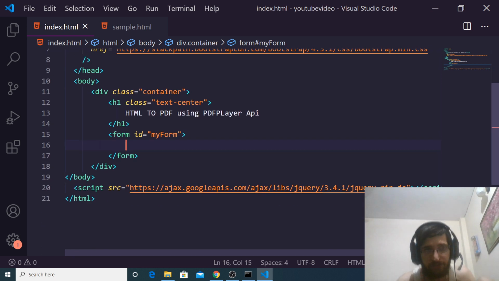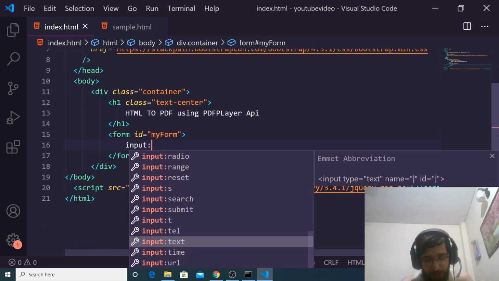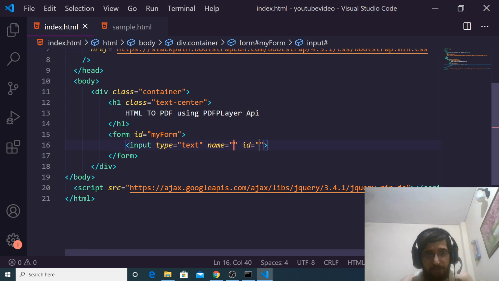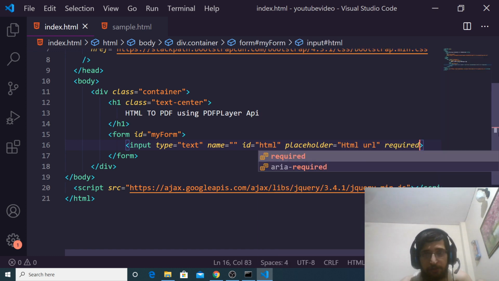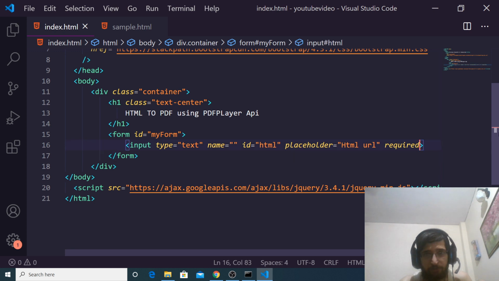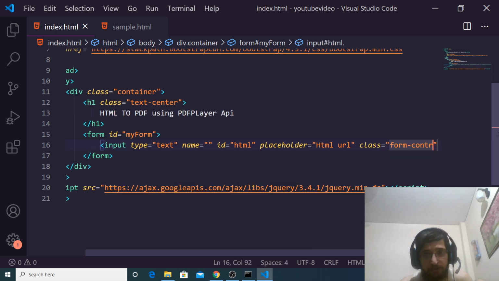Inside this we will have a simple input field of type text, and we will give it an ID of html. The placeholder will be HTML URL, and this is required. We also need to give it the Bootstrap class of form-control.